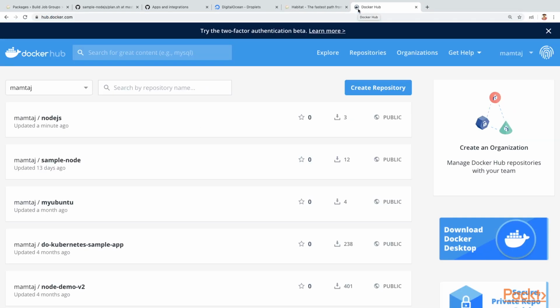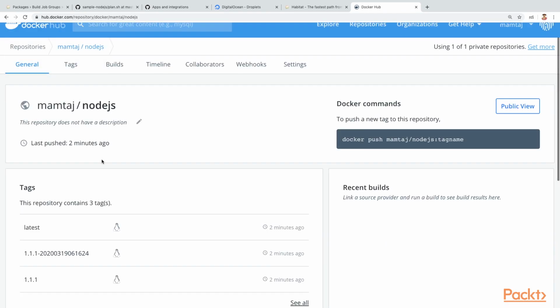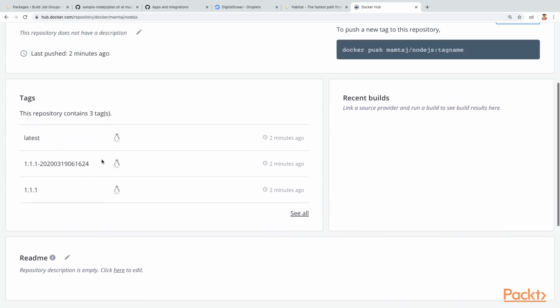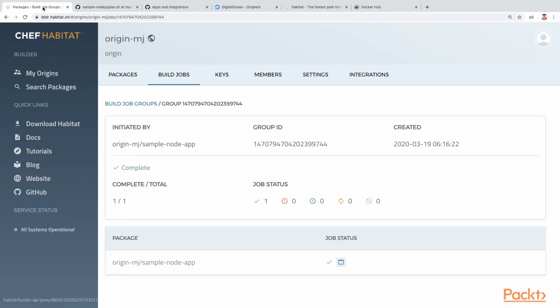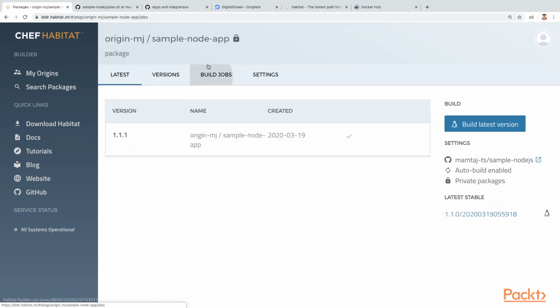This is my hub.docker.com and I will select the repository called Node.js. It was updated a minute ago. Let's click on this and check if images were pushed. Yes, images pushed, a latest tagged image. And if you come to the build job setting, you would see 1.1.1, which was actually built.